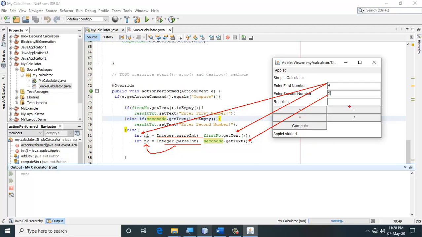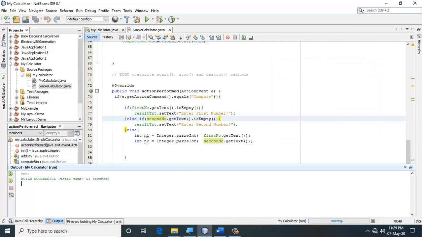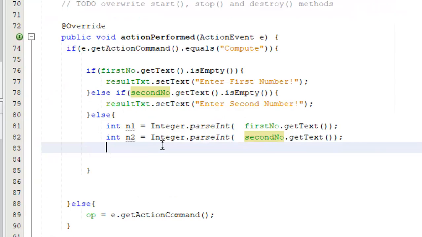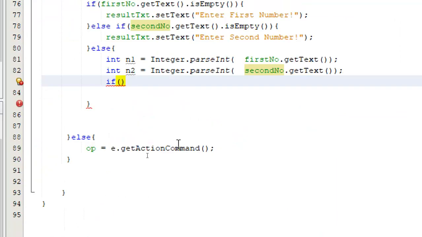Now based on which operator has been clicked, I have to perform the calculation. Now I have the two numbers with me. I need to do the calculation according to the operator. So I will go ahead with the calculation. We know very well OP is the operator.